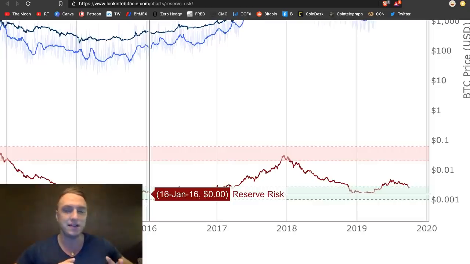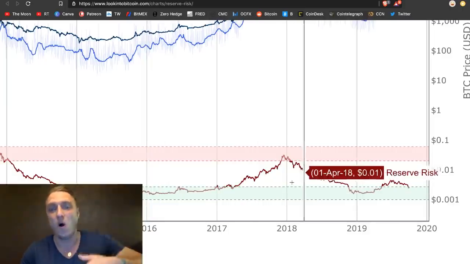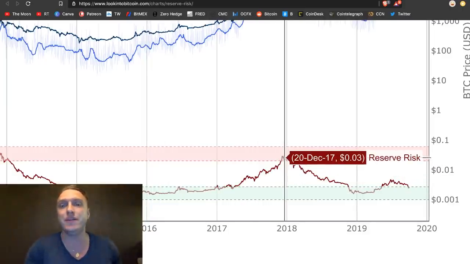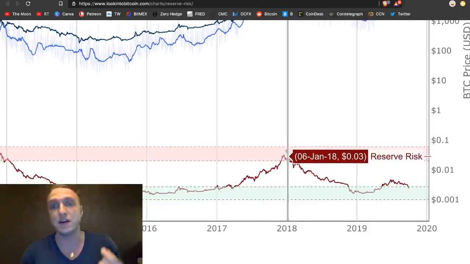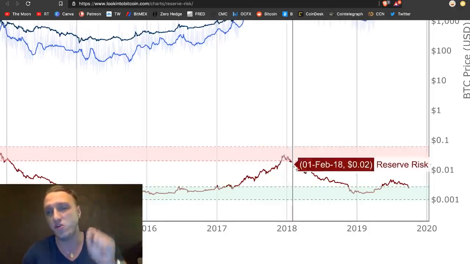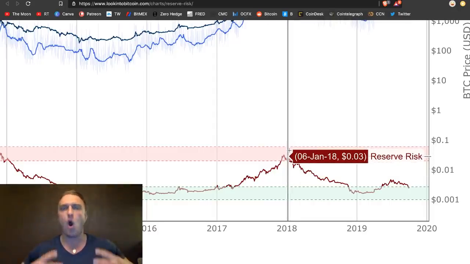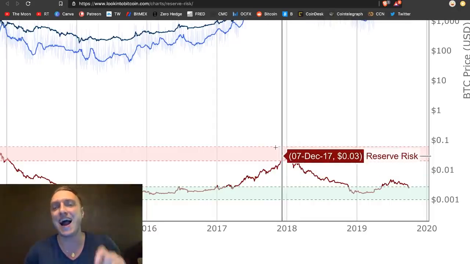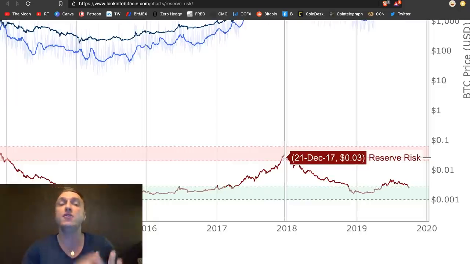And that means basically that people have no confidence in Bitcoin. On the other way around, reverse engineering that, going up into this red selling zone means that, taking the price into consideration and also taking the Bitcoin days destroyed and the HODL bank into consideration, the greediness and the hopium of the people is the highest in that red zone, and you should be selling right there. This is no financial advice.